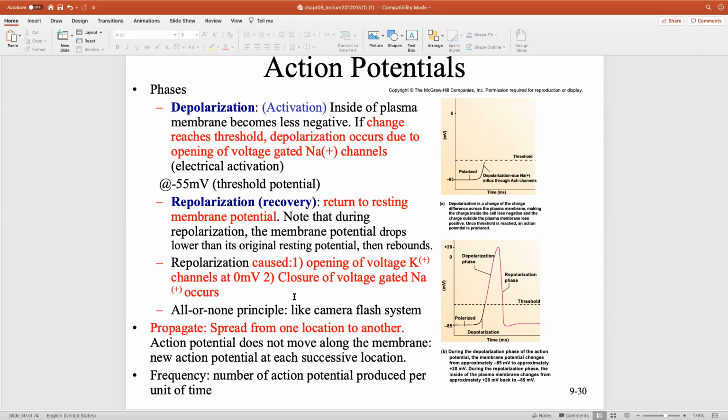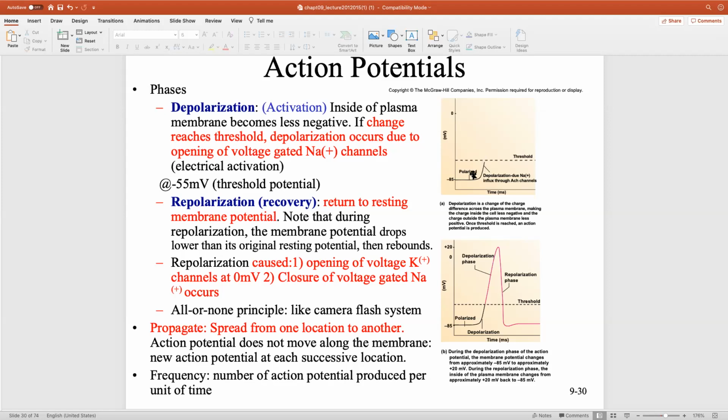No, they're still closed. This slight depolarization is due to sodium going into the cell membrane through acetylcholine receptors. As acetylcholine receptors open up, sodium rushes in, and then eventually, if enough sodium rushes in,